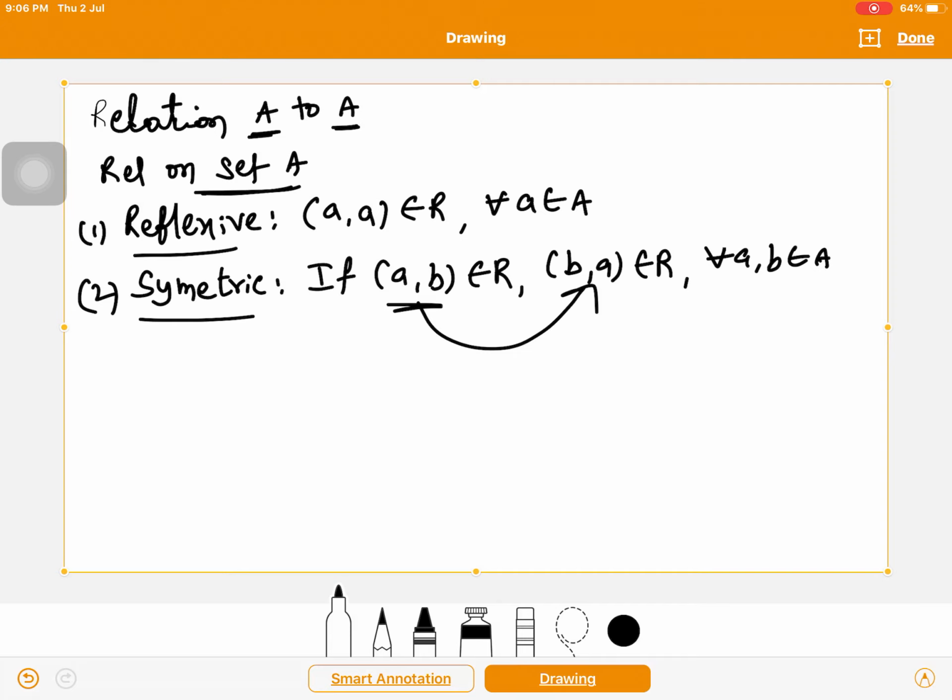If the reverse combination is there, then it is symmetric. And what I told in case of reflexive: itself. Symmetric means reverse. Just remember the word reverse.